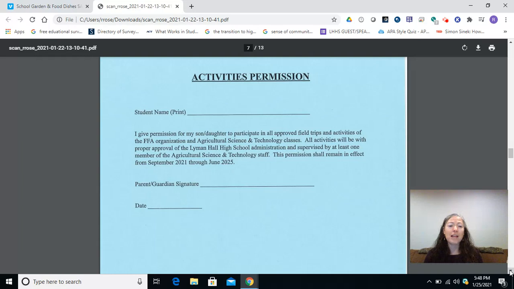But this form allows us to be able to take you on those in-class field trips for all 4 years of high school. And that way you're not going to miss out if you forget to bring in that permission slip for the trip to the farm down the road. However, if we do a full day field trip where you're going to miss your other classes, that's when we use the regular district permission slip form for field trips.